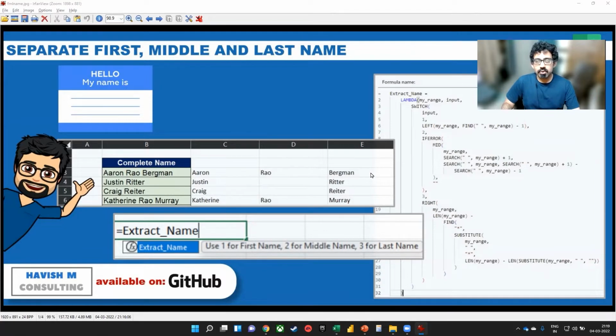In this example, I want to show you how to write the three formulas to be able to get the left, which is the first name, the middle, which is the middle name, and the right, which is the last name, and then also help you create a lambda function. If you're not interested in the creation of the formula, then the GitHub already has the solution in it. You can just open the file and use it.